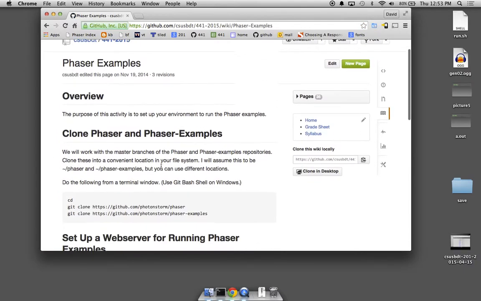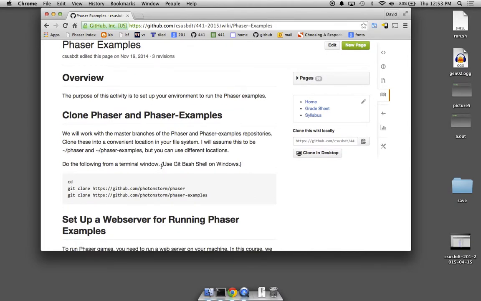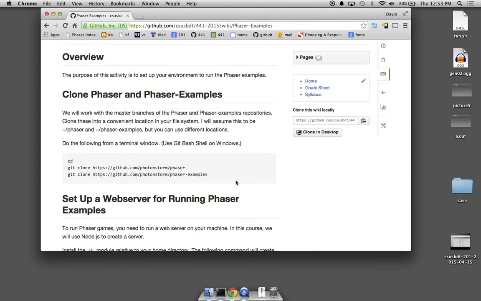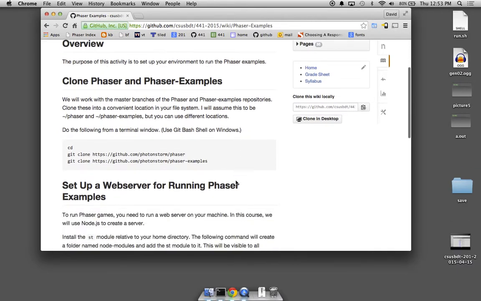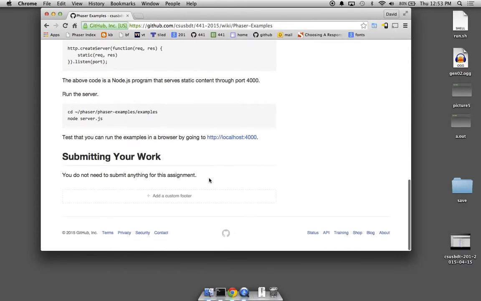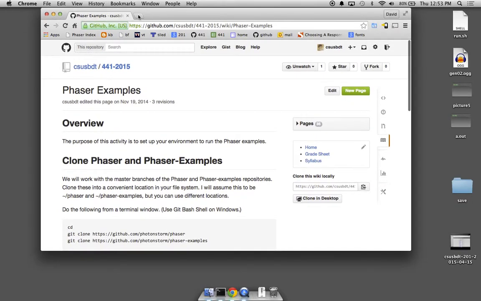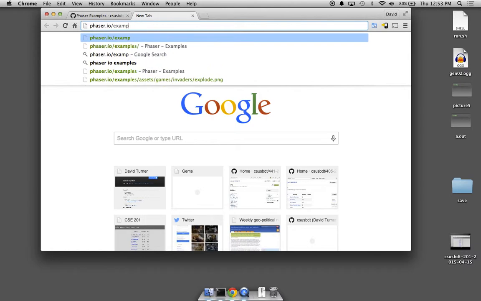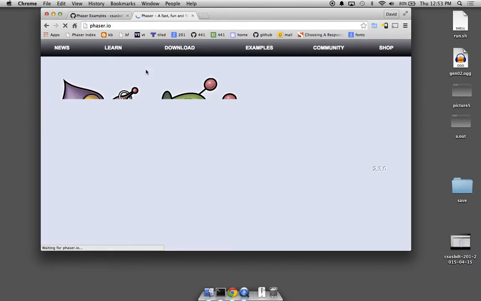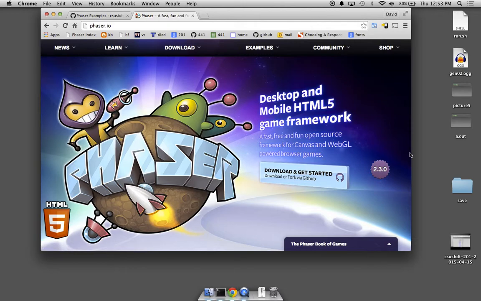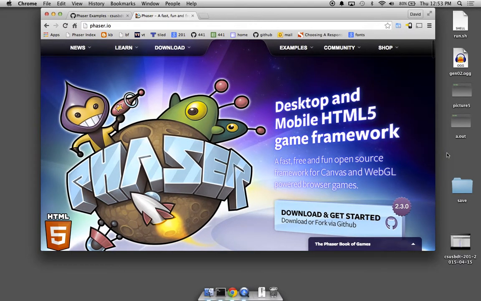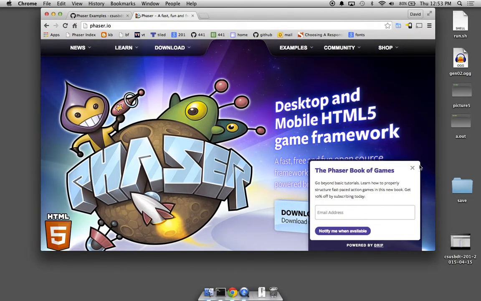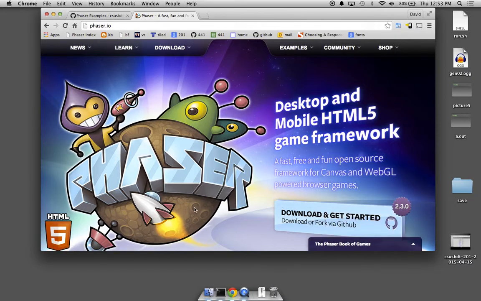Let's get into here. Got a few minutes here. So let's look at the Phaser website. These are the Phaser examples. Version 2.3.0. And they just updated, I think, a couple weeks ago. Yeah, very recently. And I just started to work with the new one here, which I haven't noticed any